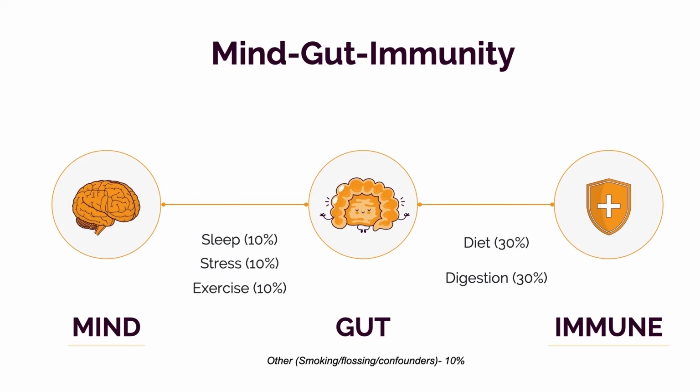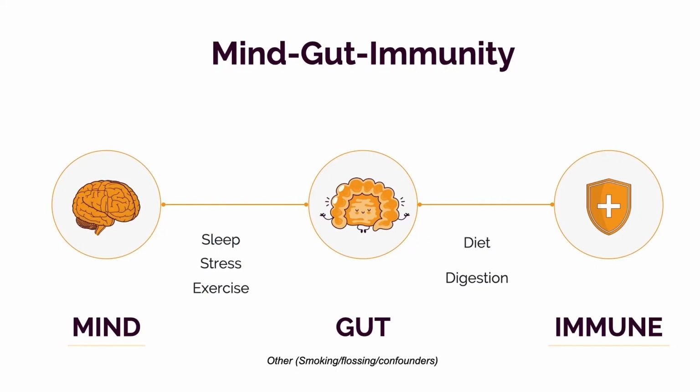If I had to assign percentages to each one of these categories, I would say diet is roughly 1/3, and digestion is roughly 1/3. So combined, they represent more than half the impact. And that's because most of your immune system is in your gut, and most of your genetic diversity is in your gut, in the form of microbes. So what goes in your gut, what lives in your gut, and what leaves your gut determines inflammation. Simple as that. The other categories in the big 5 are sleep, stress, and exercise.